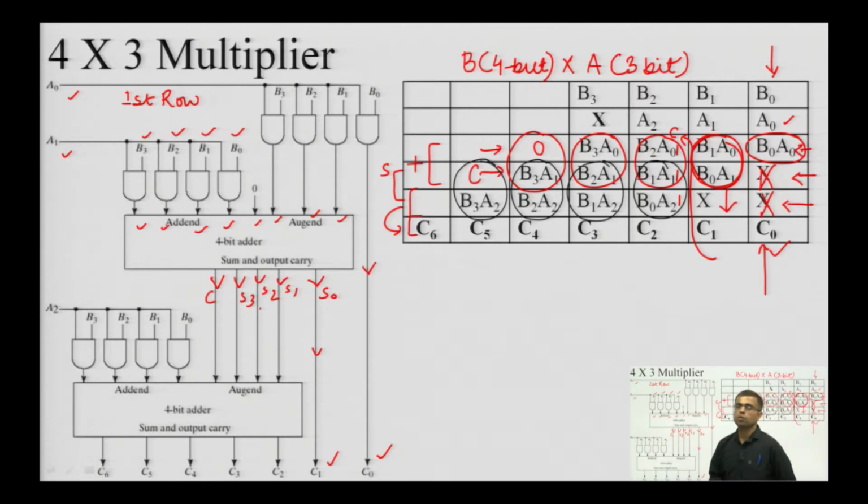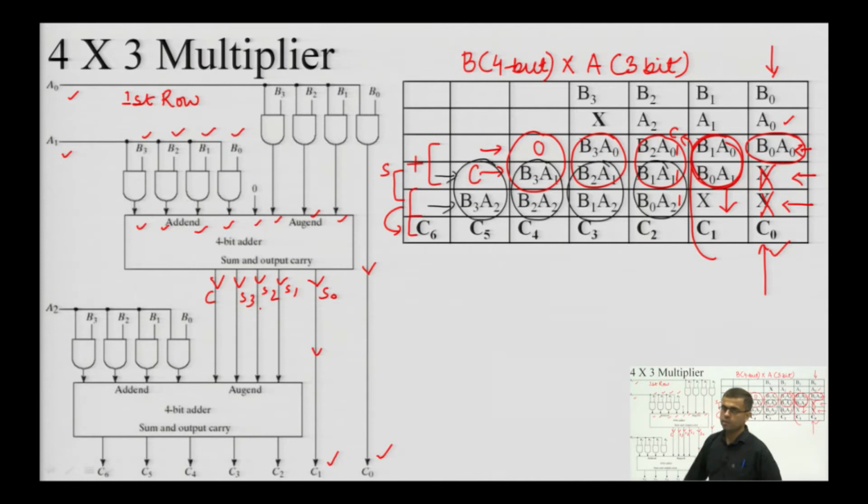Now, again we will require another 4-bit parallel binary adder. We can see that this will be a set of 4 bits and this will be another set of 4 bits. So, we can check S 1, S 2, S 3 and the C from the previous stage. So, the sum of these red marked circles will be the sum and it will be used for the addition